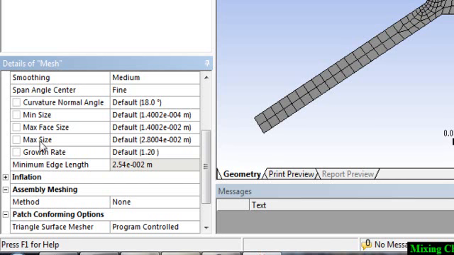So right now the maximum size is almost 2.8 centimeter and the maximum face size is 1.4 centimeter and the minimum is 0.1 millimeter. So we will reduce this maximum size to 1 millimeter and we will try to see how the mesh will look like. So change it to 0.001,